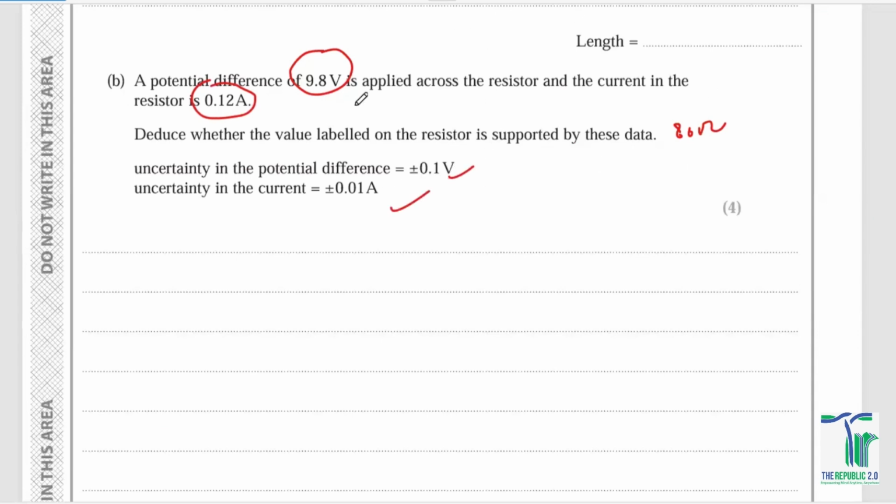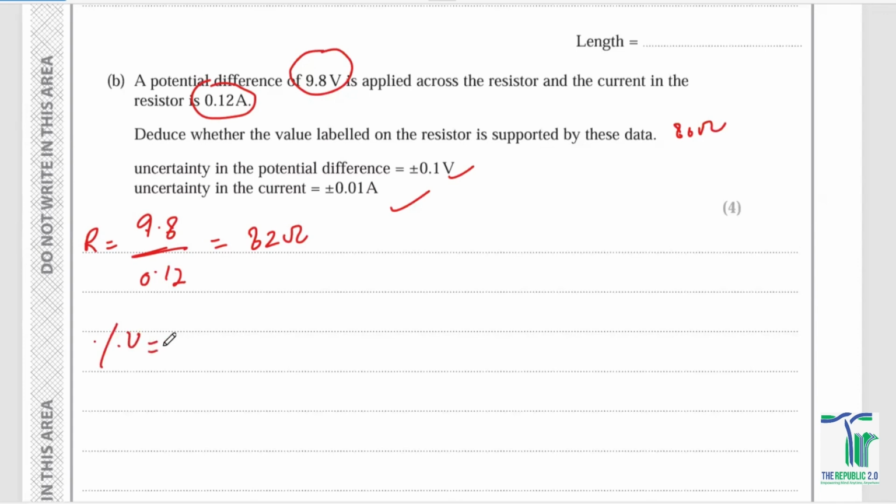So first of all, you just need to calculate the resistance. The resistance comes out to be 9.8 divided by 0.12, which is basically 82 ohms, right? If you want to calculate the resistance,